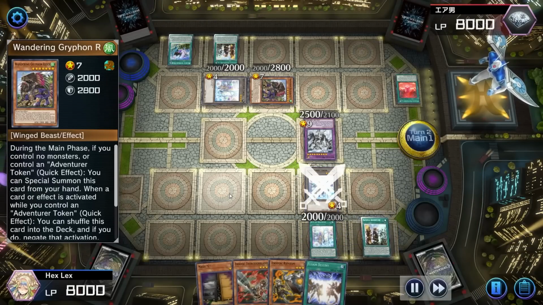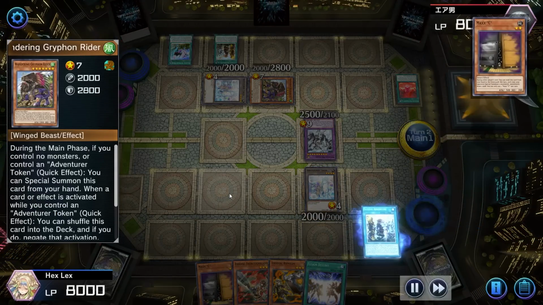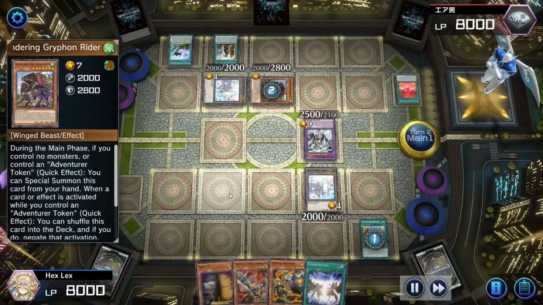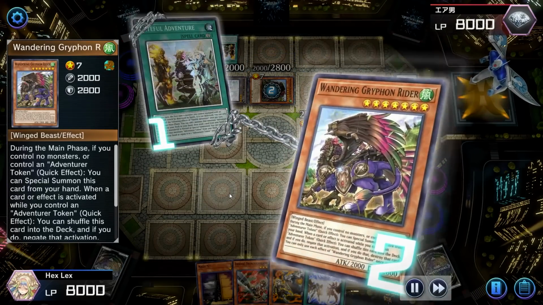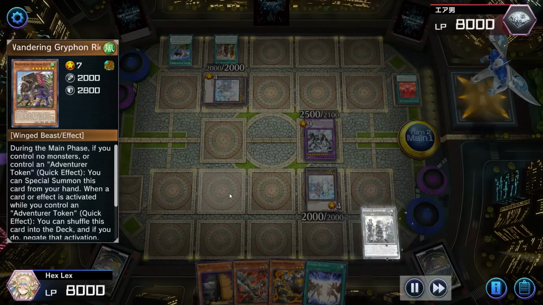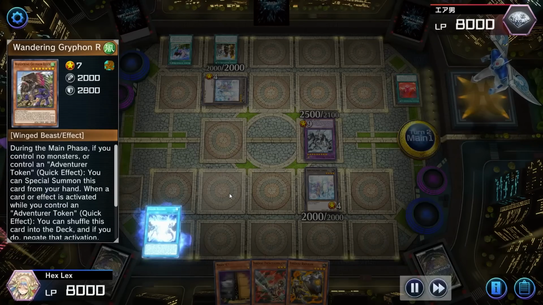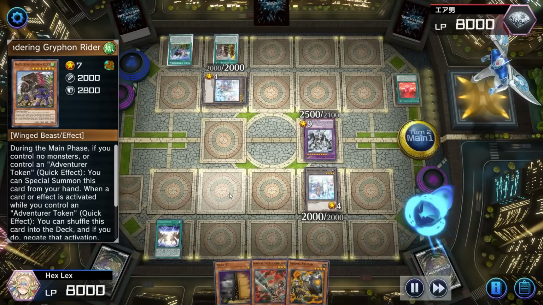They actually allow the token onto the board, which I think was a mistake. I think they should have Griffin Ridered the Rite of Aramesir. Instead, they're going to Griffin Rider the Fateful Adventure. But, you know, had they actually done it on the right, then they would have accomplished this. They would have gotten my Fateful Adventure not, you know, in play. But then on top of that, I wouldn't have had the token. So